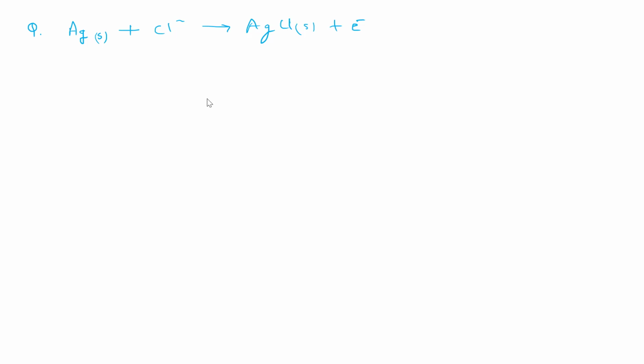Because the oxidation number of Ag is going from 0 to +1, we can say Ag is oxidized here. Then for Cl minus, it's going from -1 to +1? No, it is not plus one here. If you ionize the AgCl, in what ions do you get, Ag plus and Cl minus or not? Oh sorry, yes. So what kind of reaction is this? This is an oxidation reaction only. This is a half cell reaction that is of oxidation type.